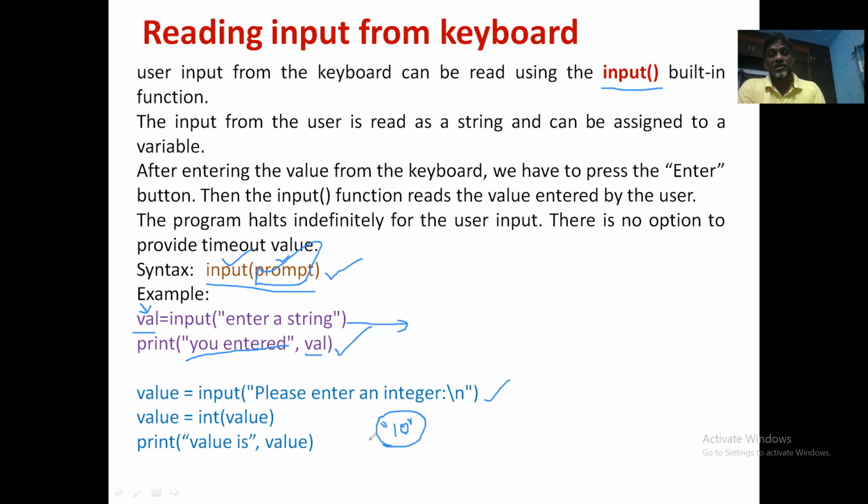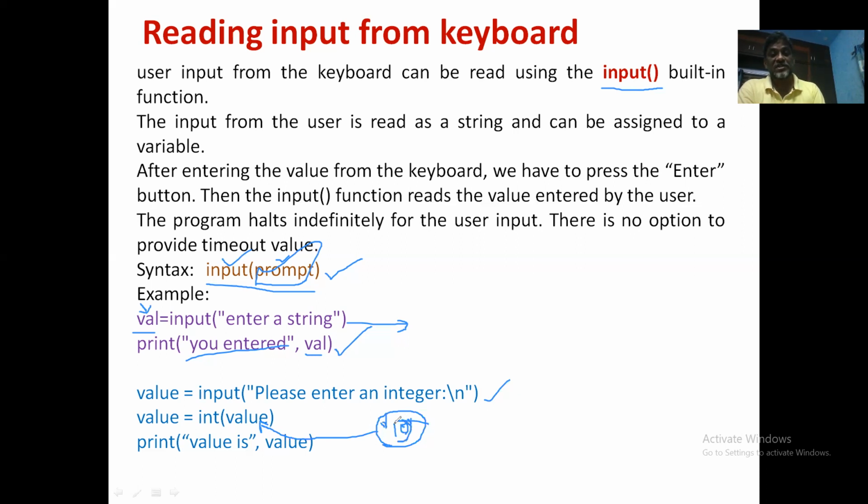But we want an integer value, so you need to cast it with int of. When you pass this to the int function, it converts the string into an integer value. Now value contains the number 10.